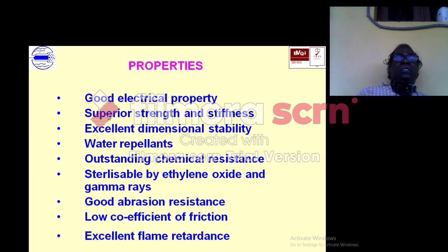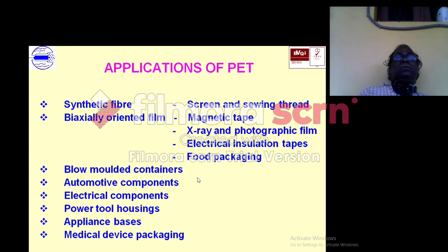The properties: good electrical properties, super strength and stiffness, excellent dimensional stability, chemical resistance, good abrasion resistance, excellent flame resistance. The application is this. PET is also used for synthetic fiber manufacturing, for screen and sewing threads.